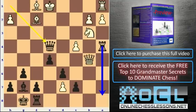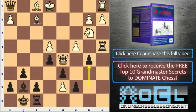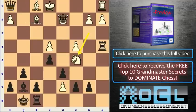White has 2 pieces for the rook, but after white gets out of check, then rook retreats. So maybe not take the pawn on b5. But this is a very unusual position. Instead, white played knight to c5, which was tempting, but